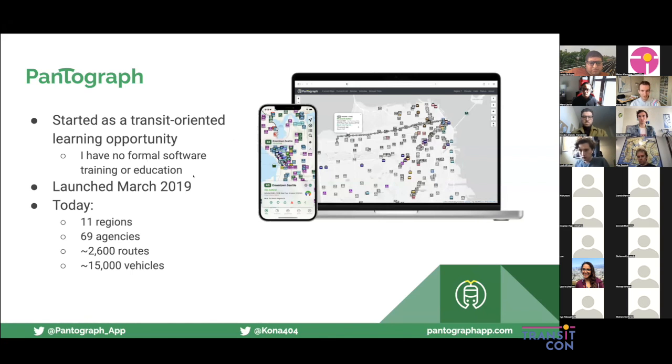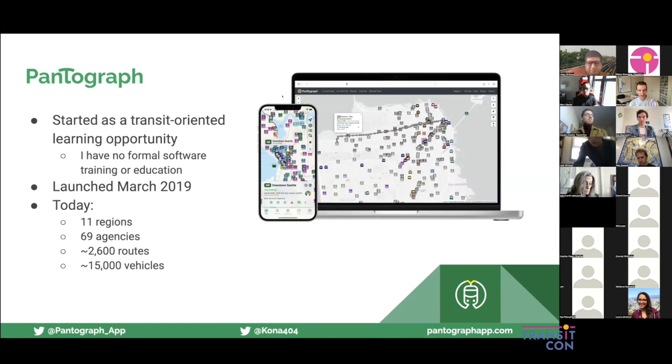Ultimately, it ended up launching in March of 2019. I had kept polishing it to the point where it became something that was releasable, even though that wasn't my original intent. I was very fortunate to be able to announce it on the Seattle Transit Blog, which is exactly what it sounds like. And from there, a lot of the local media picked it up. I did a number of TV interviews. It was in the Seattle Times. And there was a lot more interest in my little side project than I was anticipating. At the time, it was a little overwhelming, but in a good way.